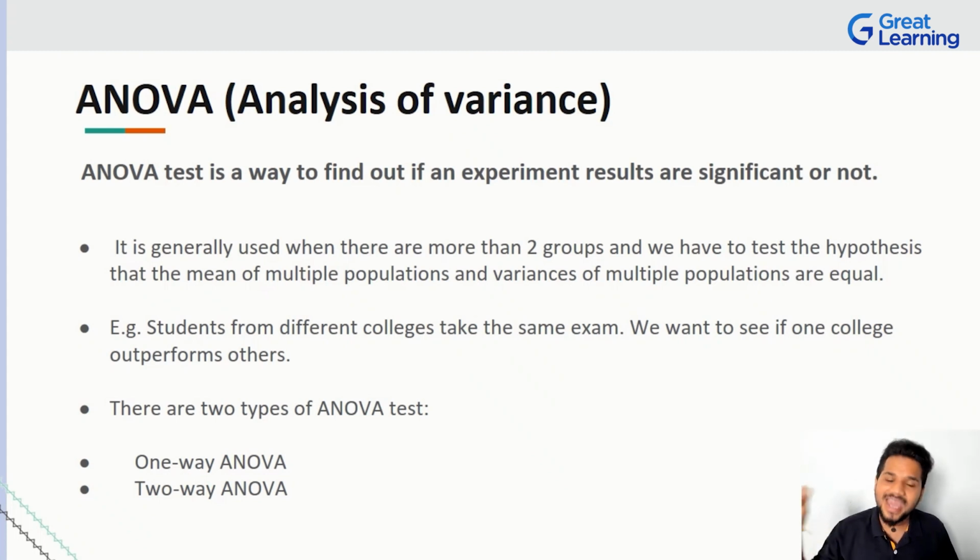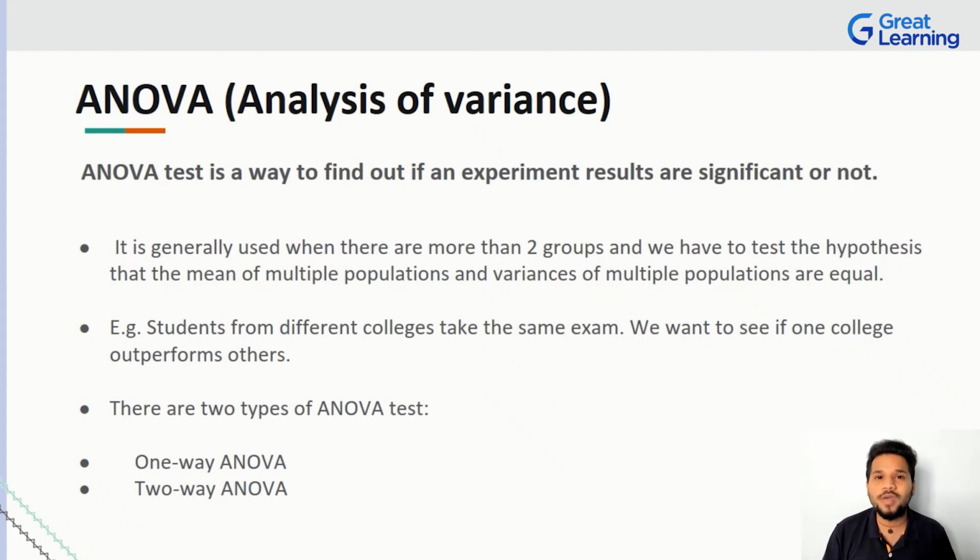Students from various colleges take the exact same examination, and what we try to see at the end of the day is whether your college performs better than another college. You take a sample set, figure out the results of your college, the results of some other college, and probably the results of 10 different colleges, to see who did the best when given the same thing to work on. How much variance you see from the same data point is exactly what ANOVA talks about.